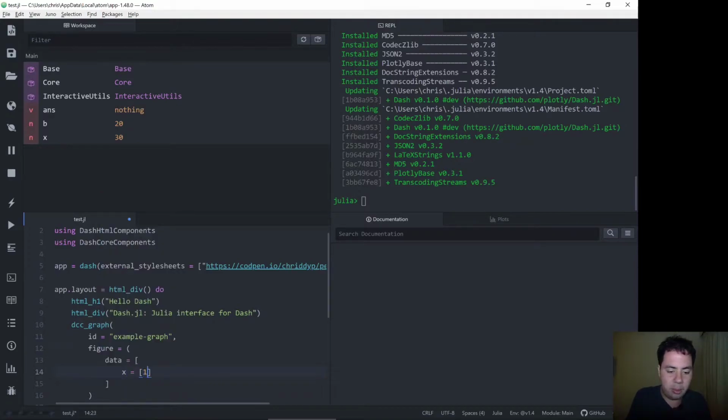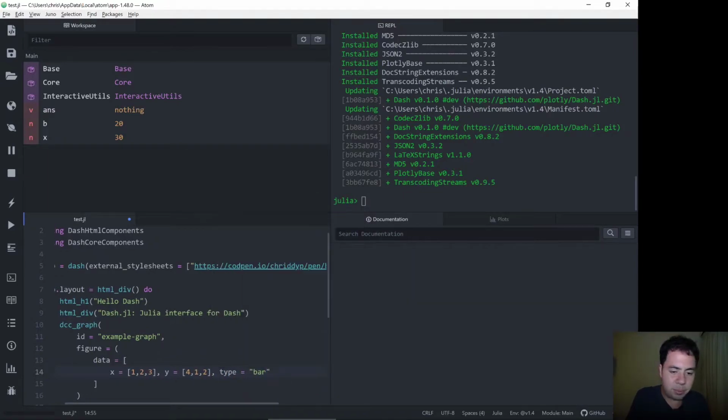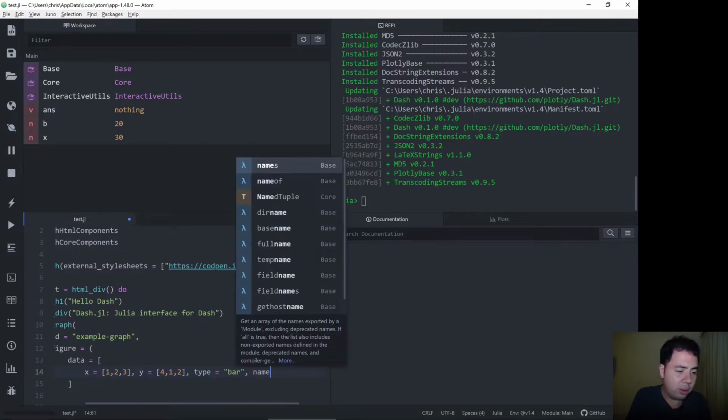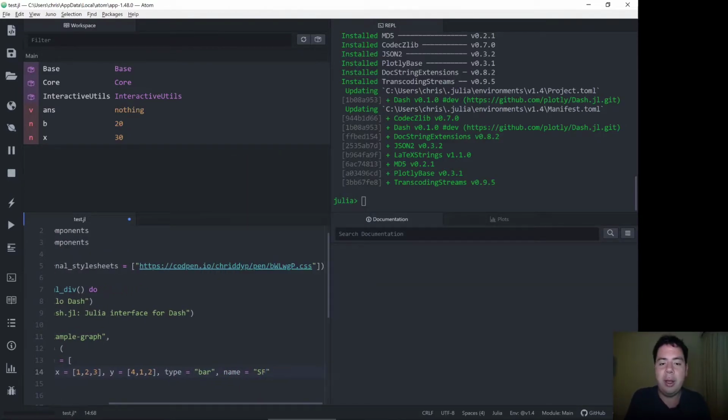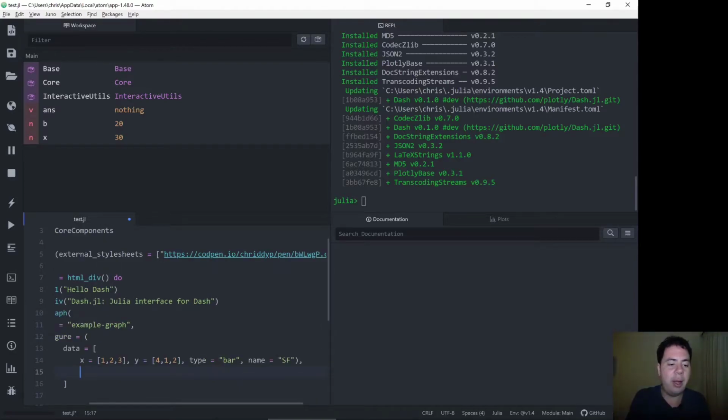X equals 1, 2, 3. Y equals 4, 4, 1, 2. It's a bar figure. And let's call it, they've called it SF. So I'm just copying off the manual here. Once this is all copied out, we'll modify it to be our